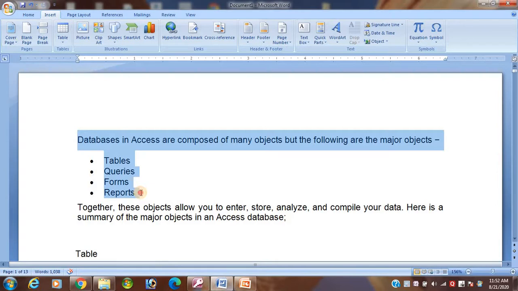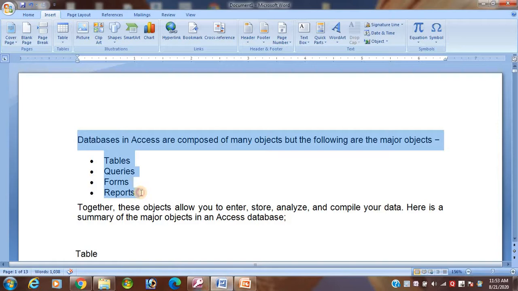These 4 objects we must need. The first one is the table. Without the table we cannot create a query, we cannot make a form and we cannot make a report. So table is the first database object, which is very important for this chapter.